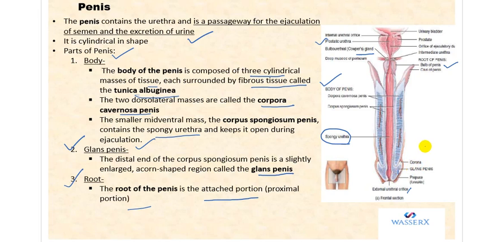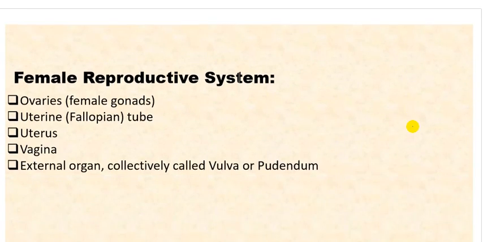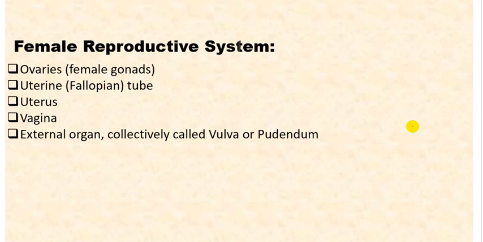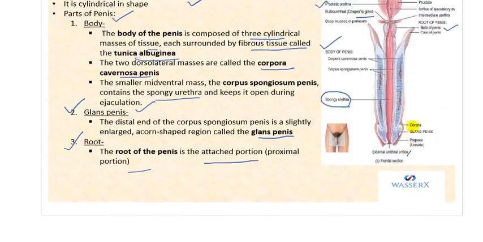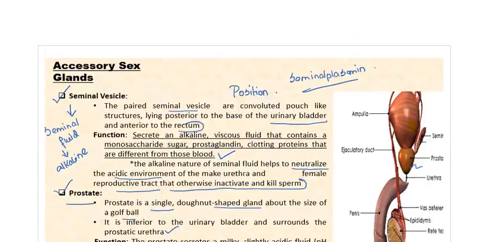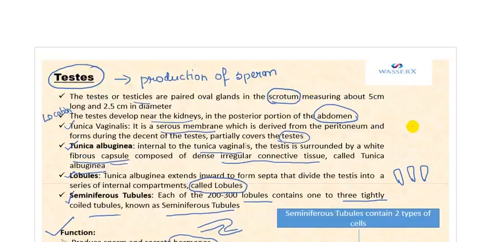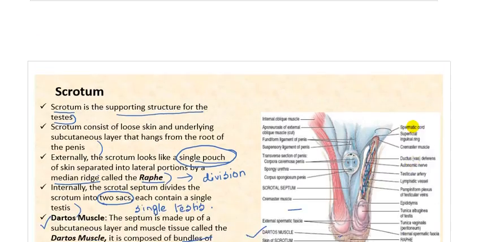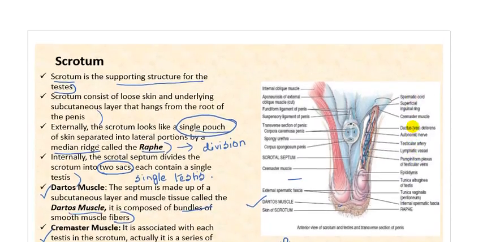So this is all about the male reproductive system. Okay, the male reproductive system, the organs and the accessory organs, right? Now next we'll move into the female reproductive system. We'll move into the female reproductive system in the next part, or in the next video. So let's just once recapitulate. Okay, we'll just go through what we did right now. So basically we went through the male reproductive system.